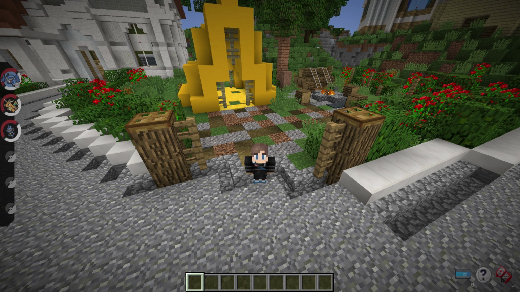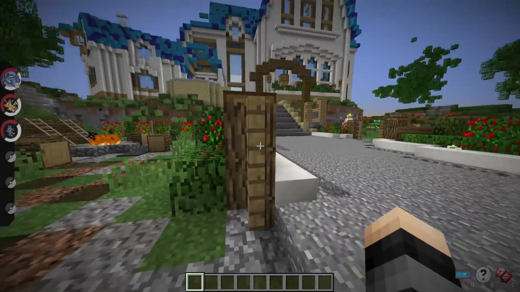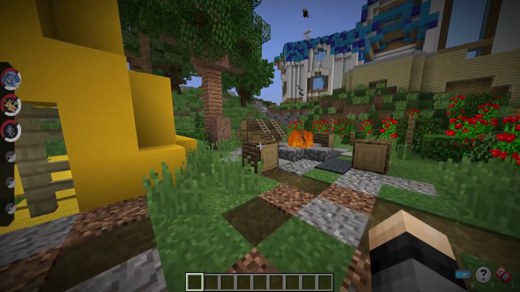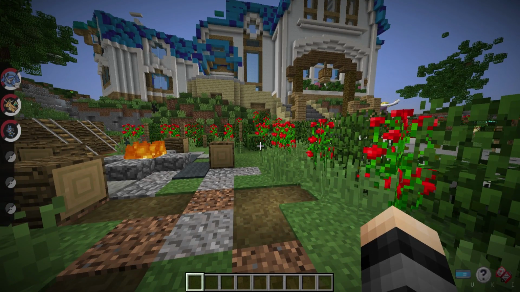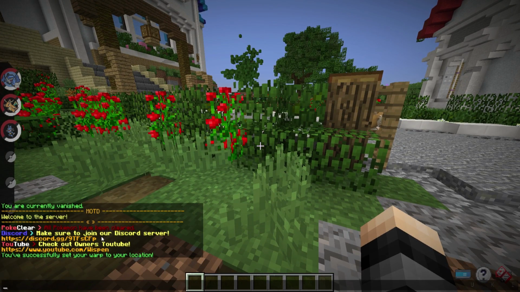So let's jump straight into how exactly it works and how you can set up your own warps. Every single player gets a single warp. You cannot set multiple warps. You get one per player, but you can move it at any time, and you can actually advertise it in chat, which is really cool. All you need to do is type the command /pwarp set. Let me turn on my chat really quick, and you can see we successfully set our warp